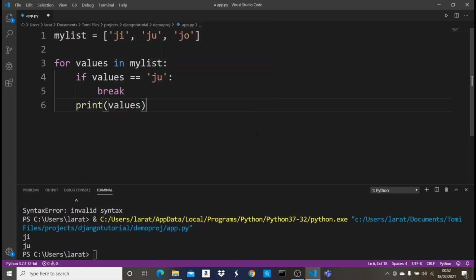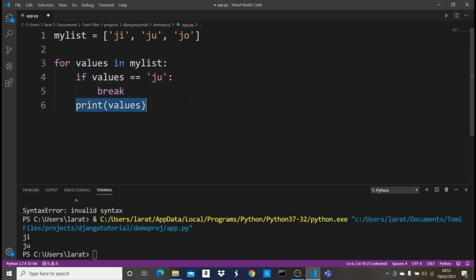So the difference is that it's looping through these values, but if the value is ju, it should break. Last time it first printed ju before it broke. But now if value is ju, it should break